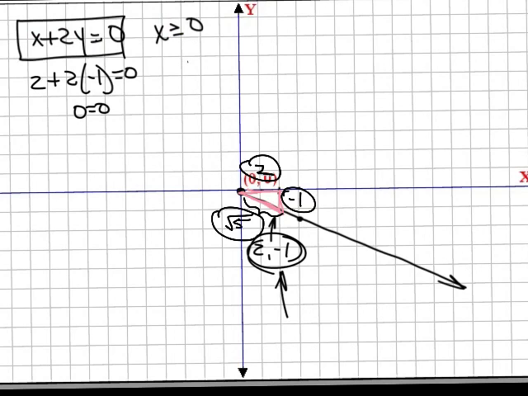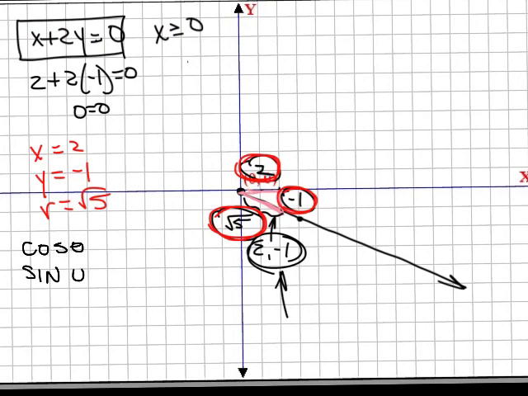So let's stick with those numbers, and I can just find my sine, cosine, tangent, cosecant, cotangent, and secant, my 6 trig functions, based on just what I have circled here in red. And I've had some students do this. X is 2, y is negative 1, r is square root of 5. And now it becomes really easy to find your cosine of theta, your sine of theta, your tangent of theta, and then we also have, in fact, let's get